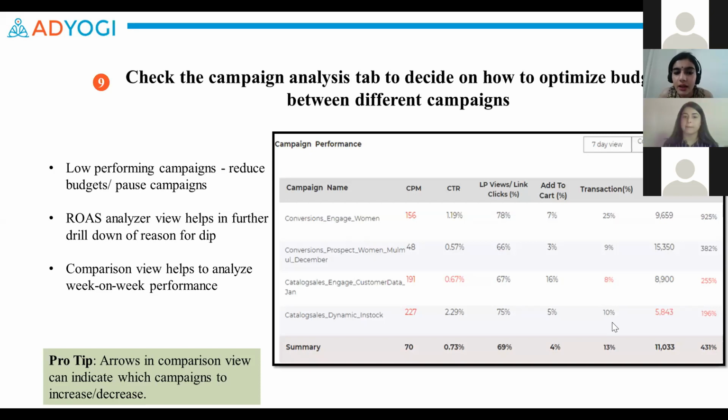Also, the CTR for the prospect campaign is extremely low. So we need to work on increasing that, and maybe we could use one of the express update features or the rotatable ad text to increase the CTR over here. So all these insights help us in deciding which should be our next steps and which metrics we need to focus on in order to increase the ROAS.